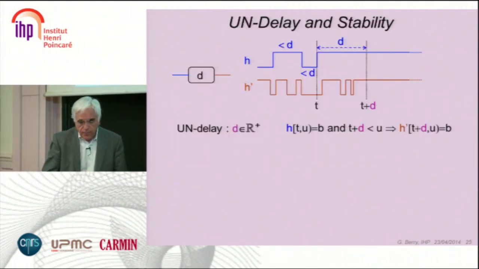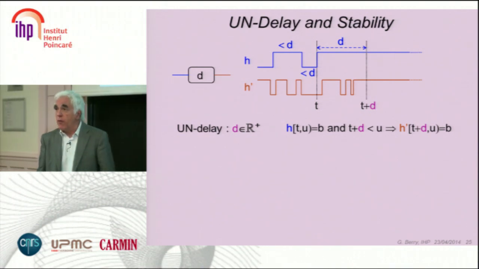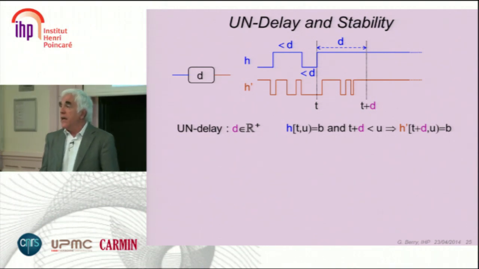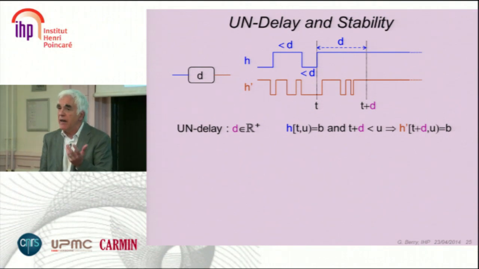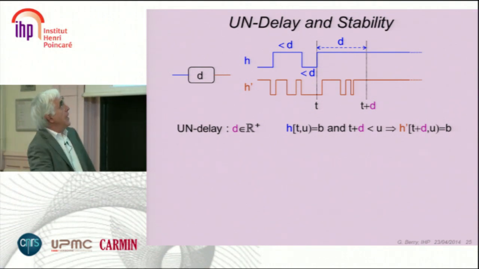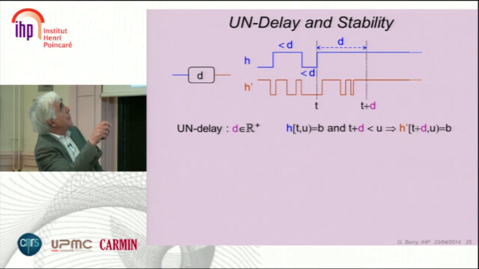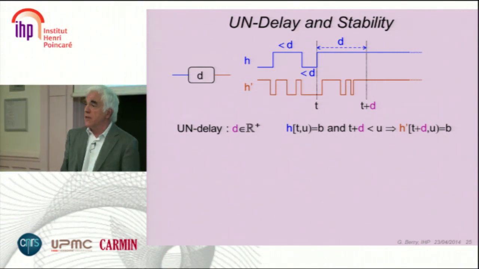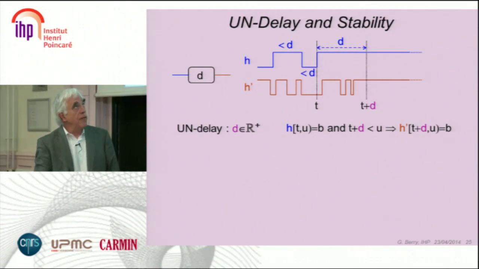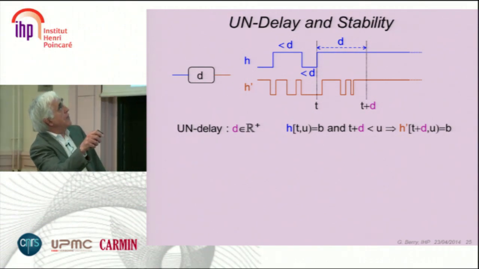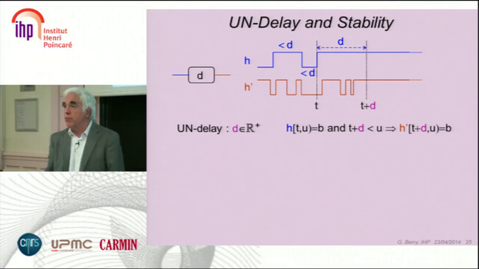Okay, good. Now we have seen that the formalization of a delay is the least one you can have, the most general one. A delay is simply the thing that if you have a history, a signal that oscillates but remains stable enough at the input of the delay, then the output of the delay will take the value of the input. That's the definition of a delay. And if the input is not stable enough, the output is allowed to do absolutely anything.